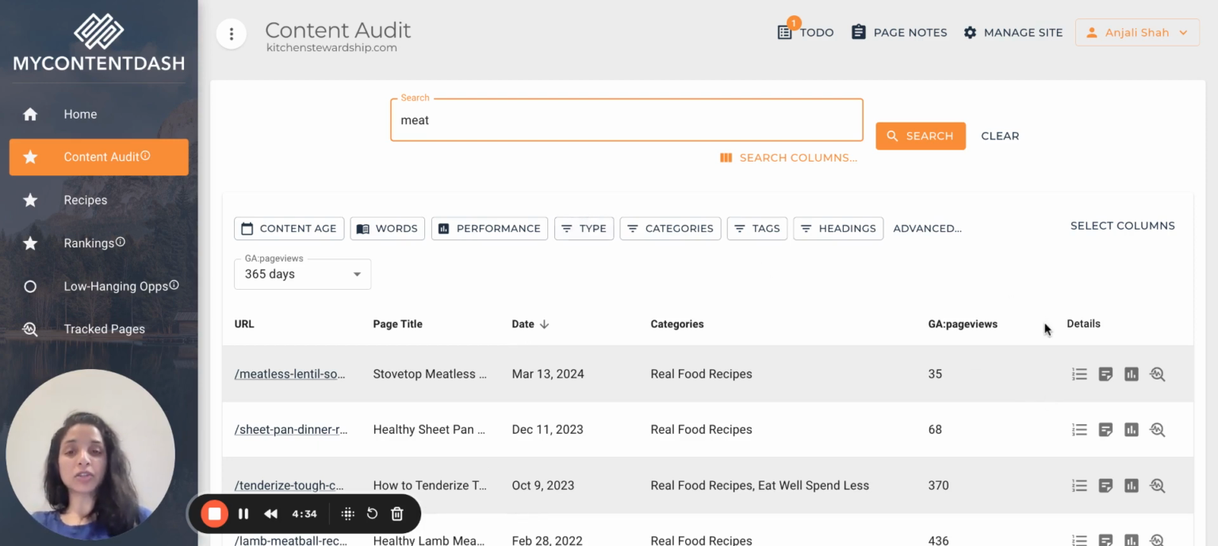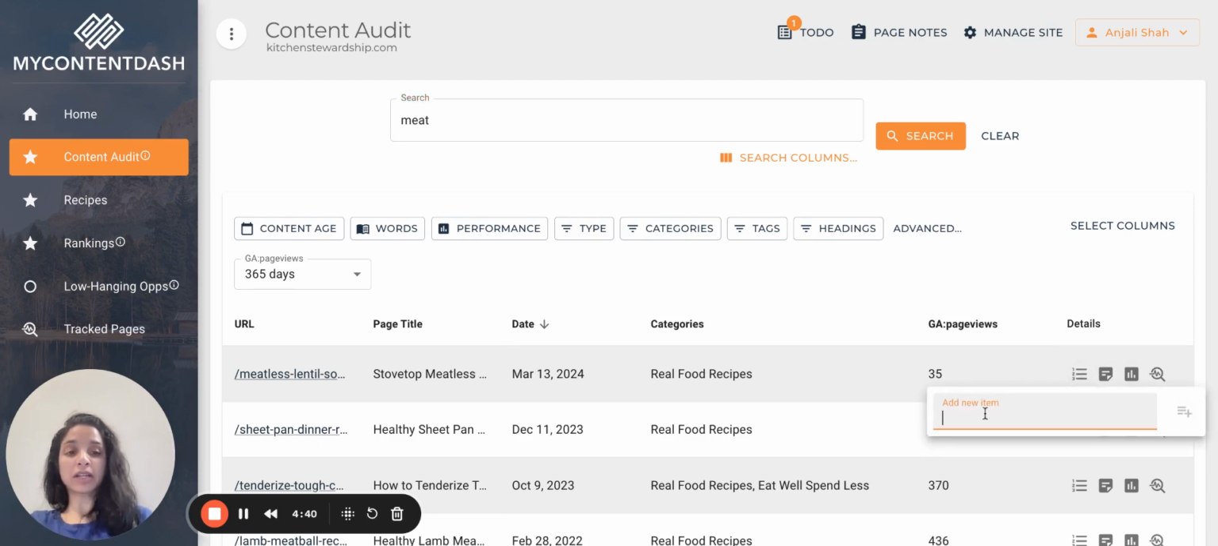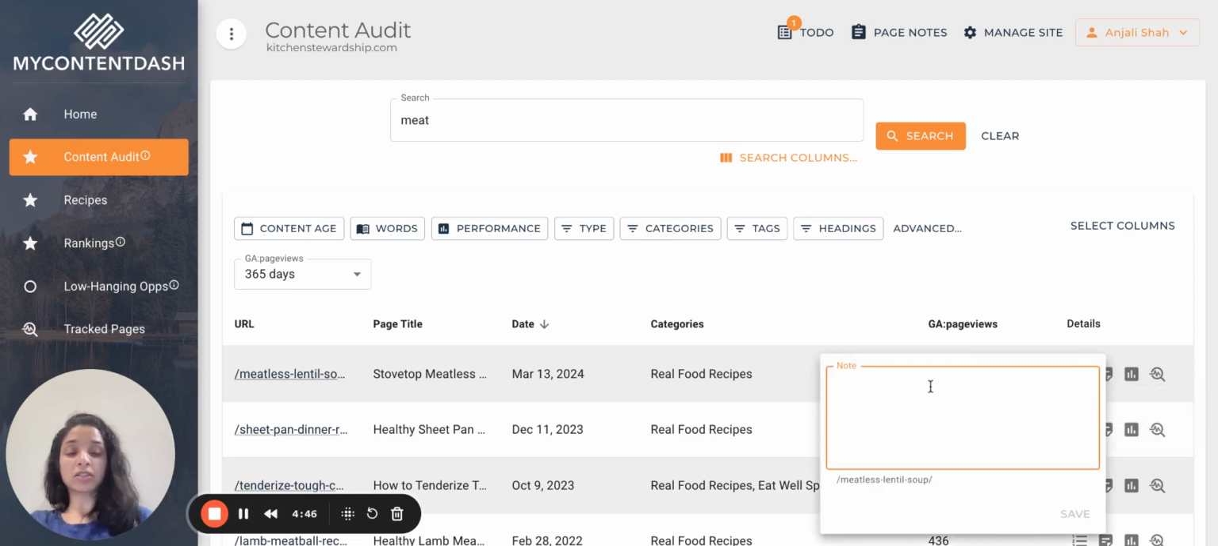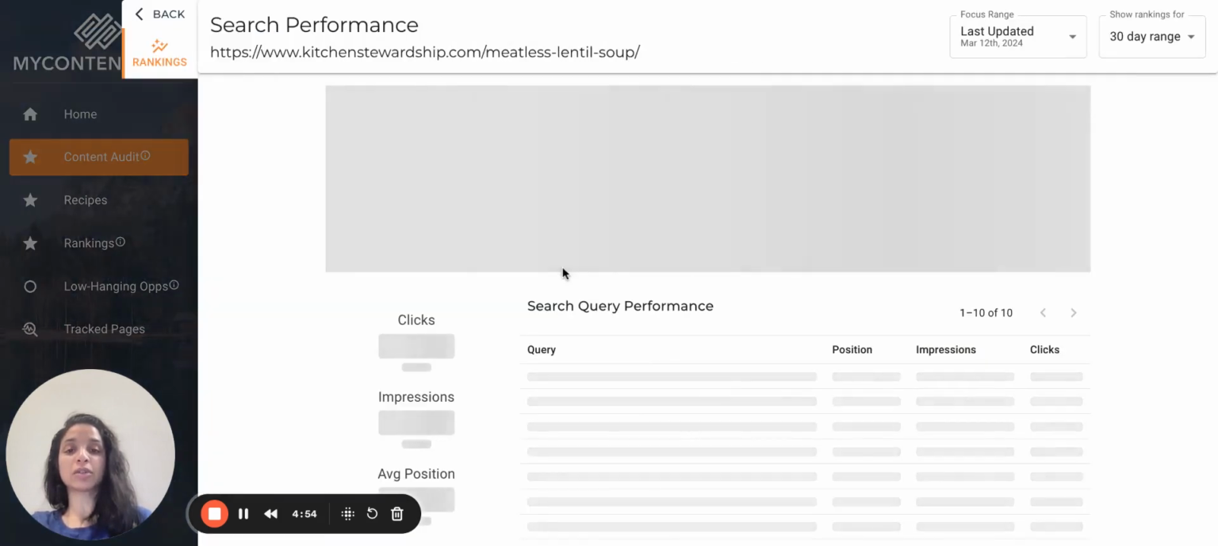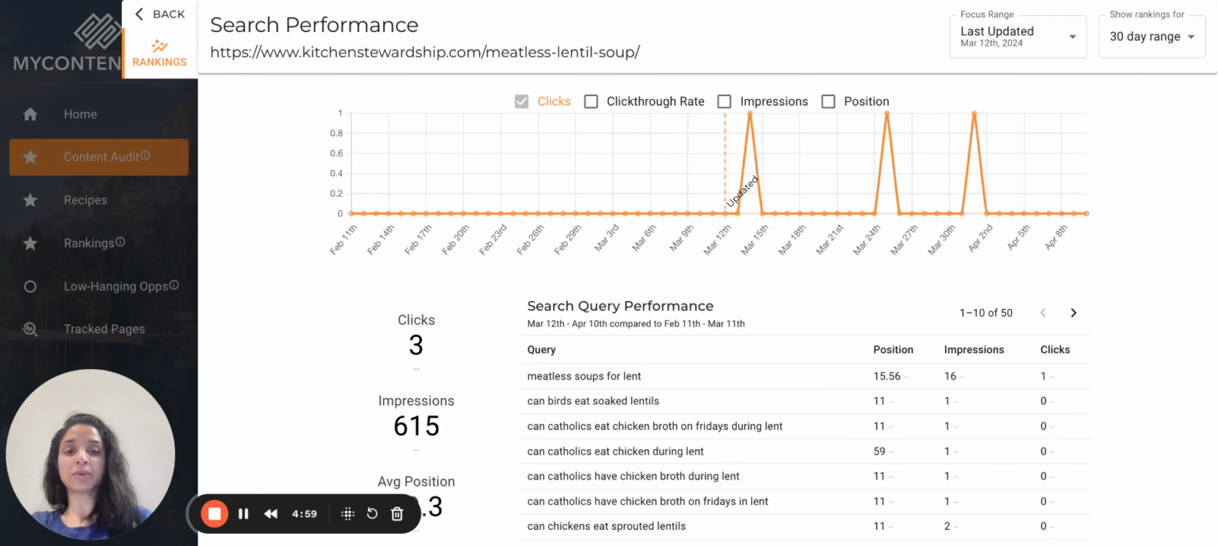The last thing I'll show you in this dashboard is the details tab. Here, you can add different tasks that you want to complete for a particular post. You can also add just a general note to yourself if there's something you want to remind yourself to do for a particular post. And if you click on this little graph, it takes you to a detailed tab that gives you the page performance for that post